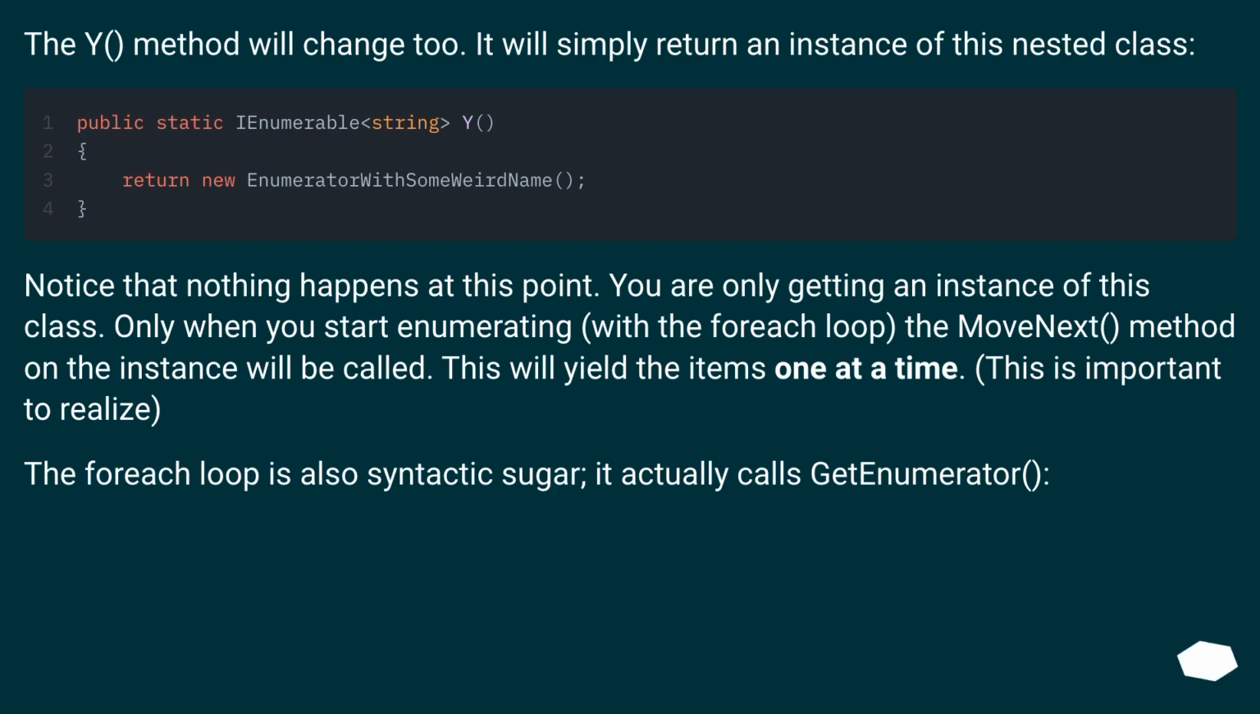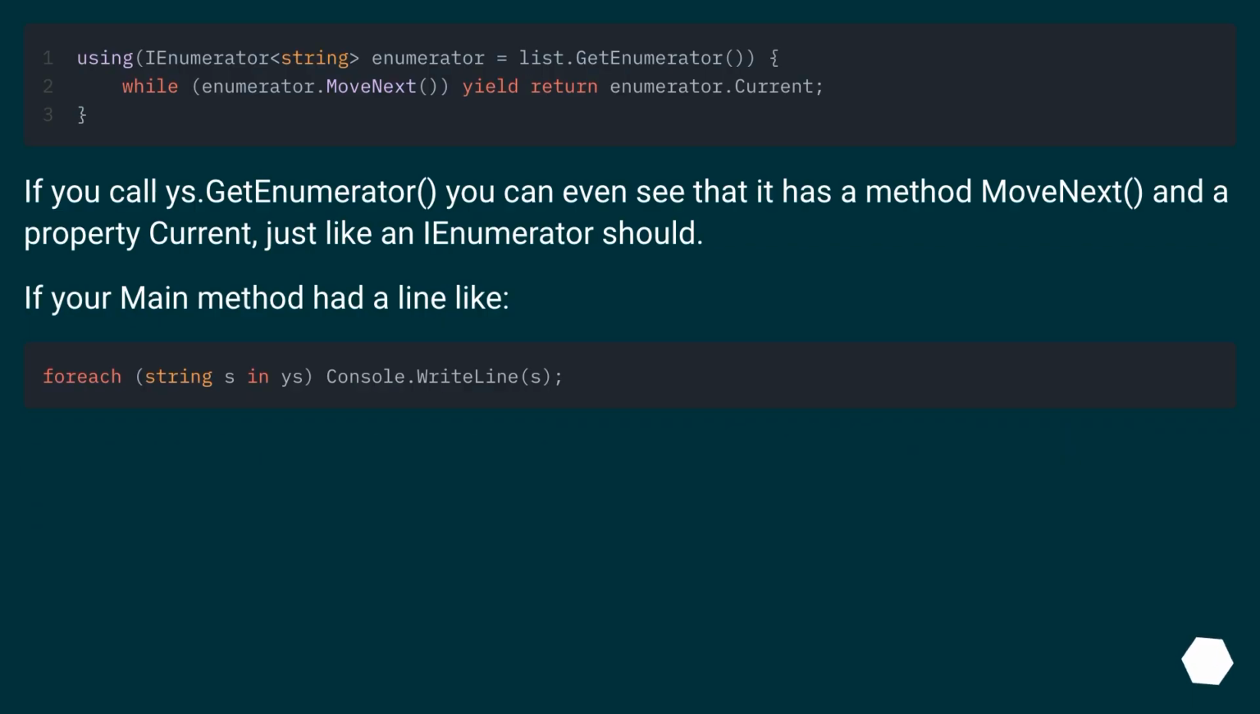This is important to realize. The foreach loop is also syntactic sugar. It actually calls GetEnumerator. If you call GetEnumerator, you can even see that it has a method MoveNext and a property Current, just like an IEnumerator should. If your main method had a line like